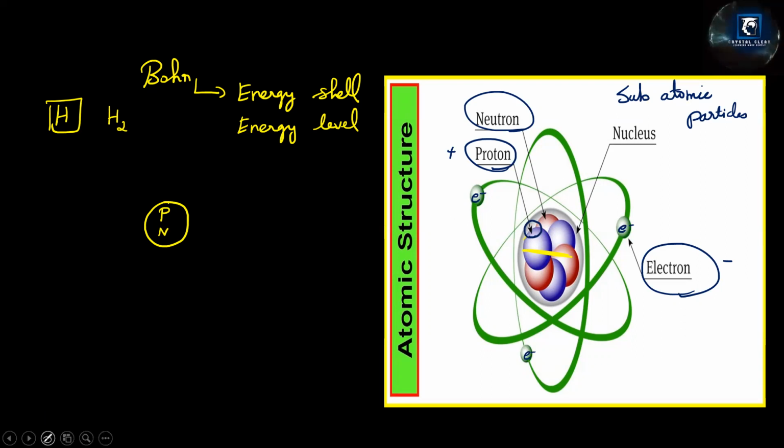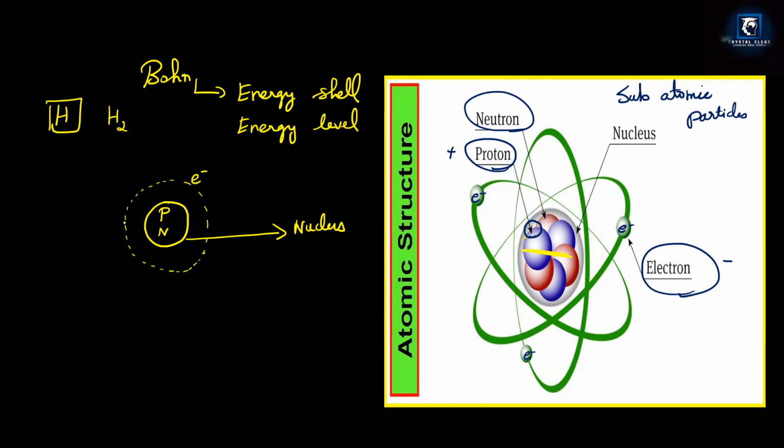That is nothing but the nucleus. So this part we call the nucleus. In the nucleus, so let me write here, nucleus. Proton and neutron will be there. And around that there is an imaginary pathway, which we call an orbit. And in the orbit only, these electrons will revolve. Totally, how many subatomic particles are there? Three subatomic particles are there. One is proton, another one neutron, another one electron.